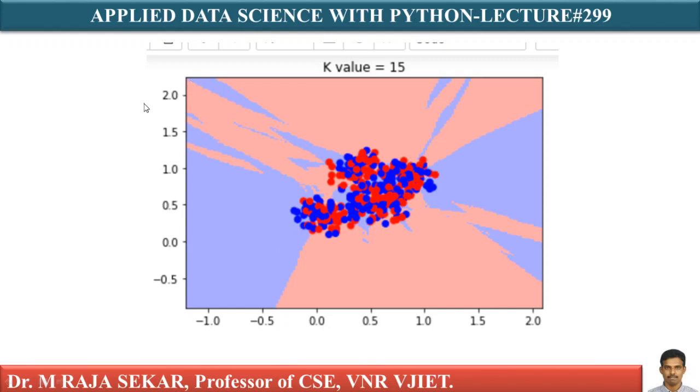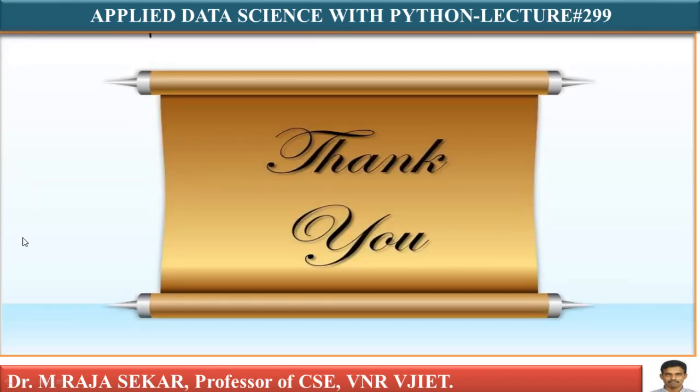We discussed these decision surfaces with 9 different data sets. Please go through these lectures and play around with them. For each data set, change the values of K and understand the decision surface. In my next lecture, I will explain the code. As I told you, I will provide all these data sets on my Google site after 1 or 2 weeks. Then in the next lecture, I will discuss this code.